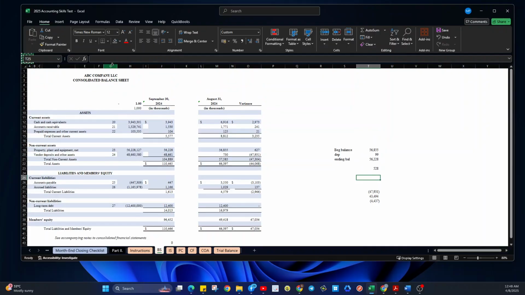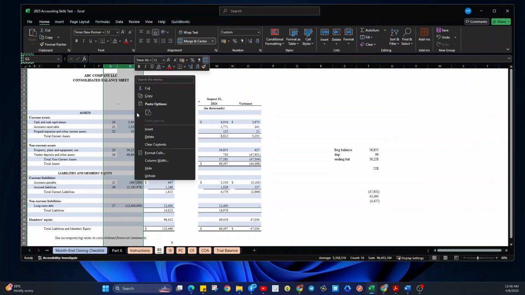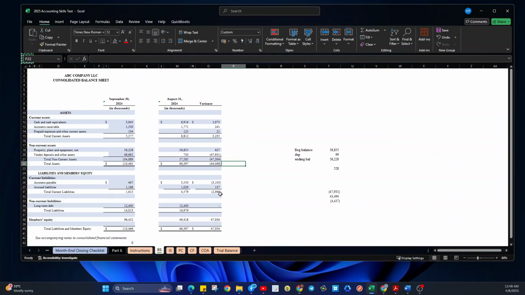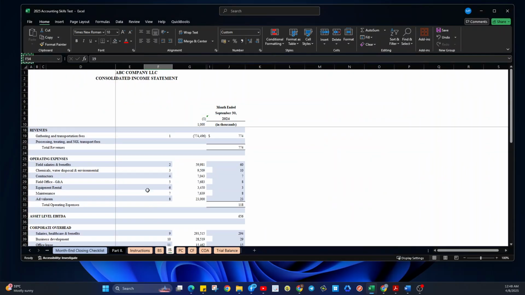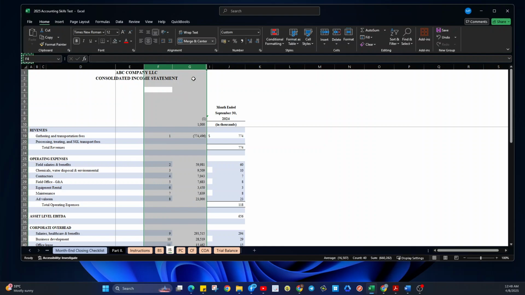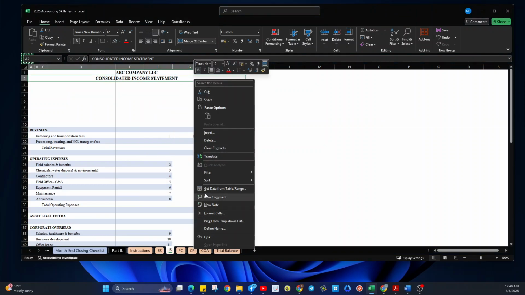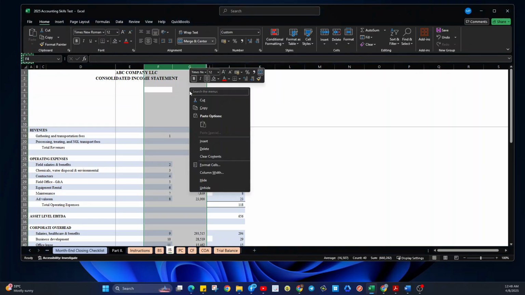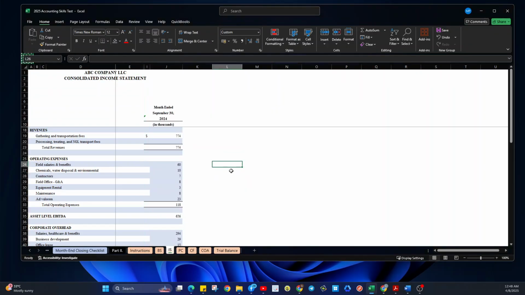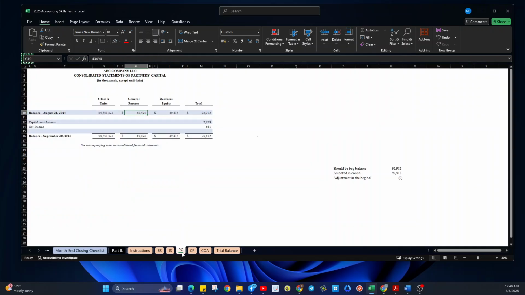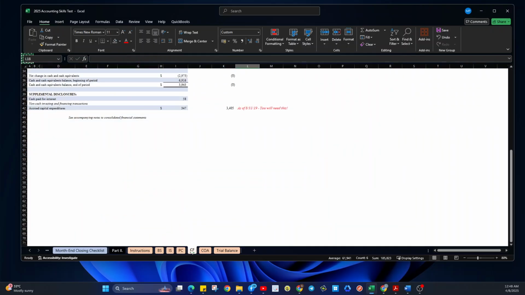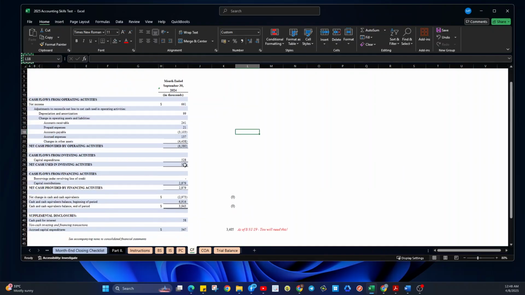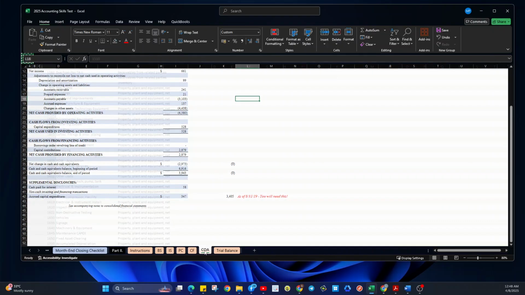financials. So let's hide this one and even this one. Hide. This is the adjustment as I've shown, and this one is the cash flow.